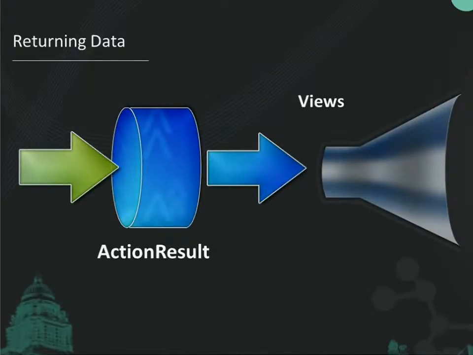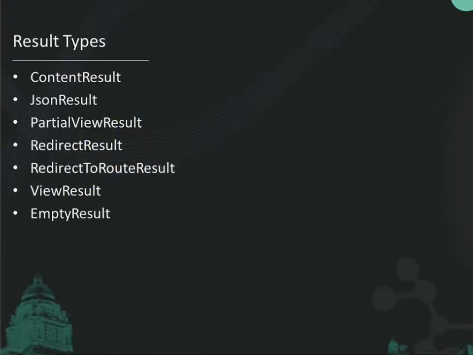So once the action invoker does all its thing, then we go to the whole process of returning data. And you've all leveraged all these types, right? Action result is the base type, and then under action result we have the content result, which is for sending files over. We have JSON, which is built-in serialization of any object directly to JSON, partial view result, redirect to route, view result, a whole bunch of things. And now you can create your own HTTP resource not found result, 302. I think there's actually a moved result response